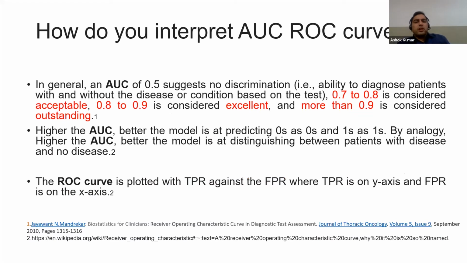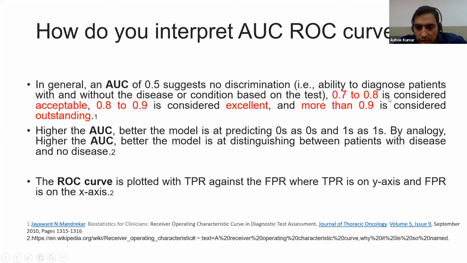So how do you interpret the AUC or ROC curve? In general, the AUC, area under the curve, has a value from 0 to 1. The minimum is 0 and the maximum is 1. If you get an area under the curve of 0.5, the ROC curve and the reference are the same. An area under the curve of 0 to 0.5 suggests no discrimination. This is the null hypothesis. The true positive rate and false positive rate are the same in this condition, 50-50%.